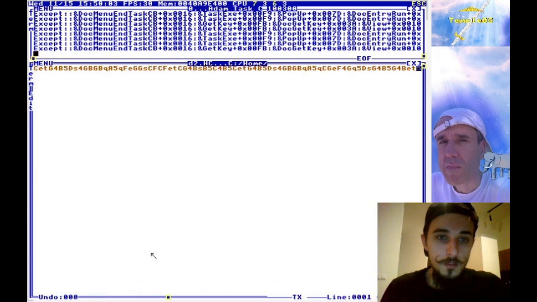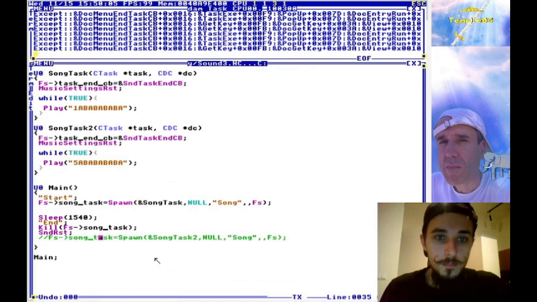One last thing I wanted to go over here is spawning songs within an application. So we can see here in my main function, I call the song task. I spawn a new song task. It's for the CPU, and on the CPU I'm starting a song task. So this is our current task. We're spawning the song, and on the current task